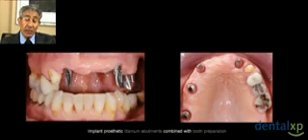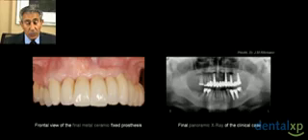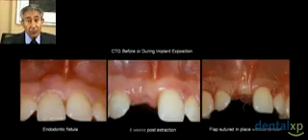Now we can put one implant on the palatal site, close to the palatal bone, to leave the gap on the buccal. This gap is going to be filled by bios, and on top of that gap, because we had some fenestration, so it was easy to add a lot of